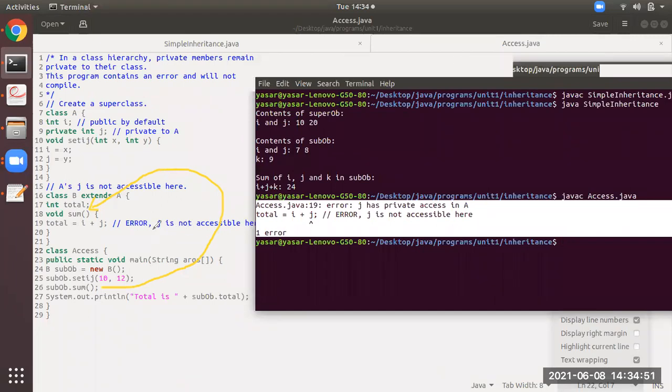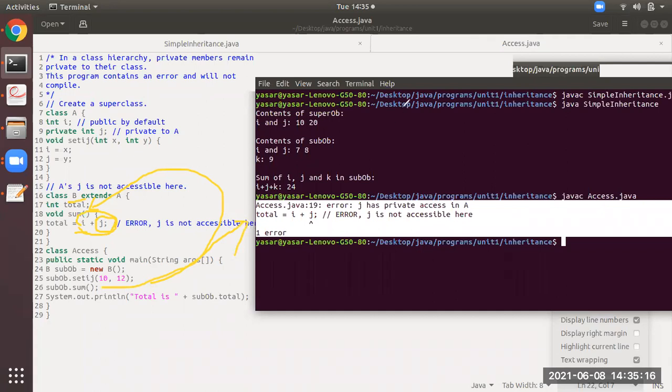So the sum method is available in class B. So in class B, you are trying to initialize total with i plus j. Okay, i is okay. i is a variable with default access, but j is private to A. So j cannot be accessed in class B. So that is why it is giving you the error at line number 19.